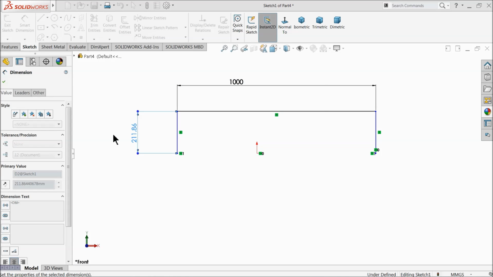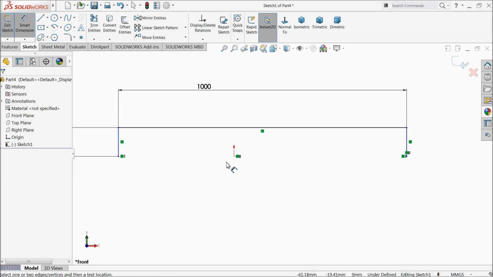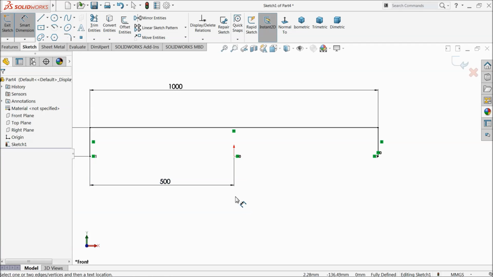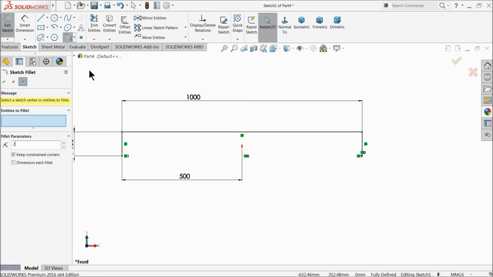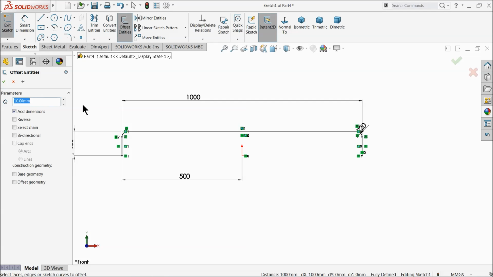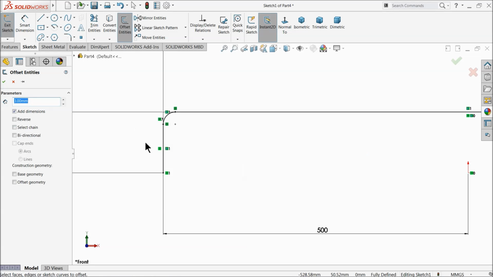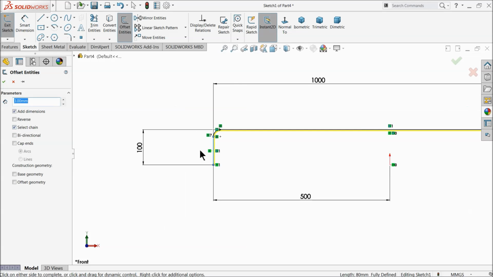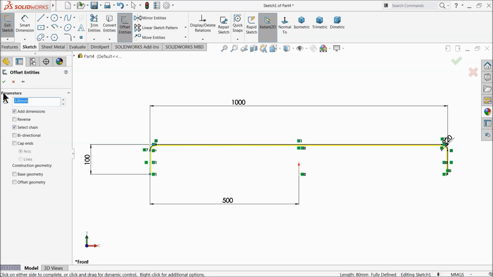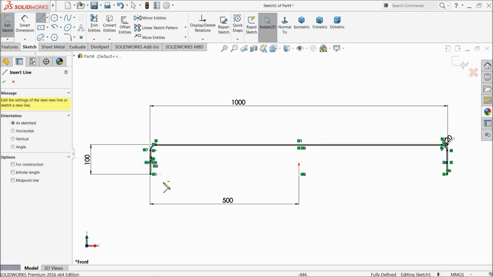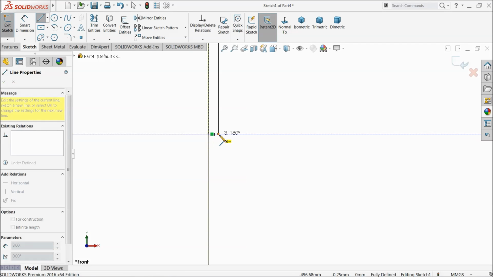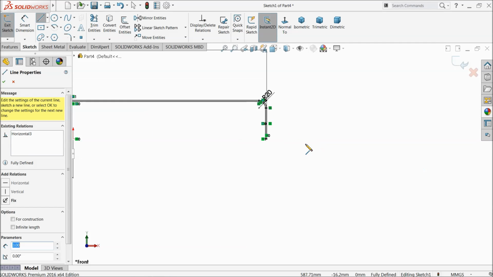1000 millimeter by 100 millimeter, 500. Now it's fully defined. Choose fillet, radius keep 20 millimeter. Okay, offset 3 millimeter and select this line. Here select chain, it will select all the lines. Okay, line, and we need to close both the end. The same here,